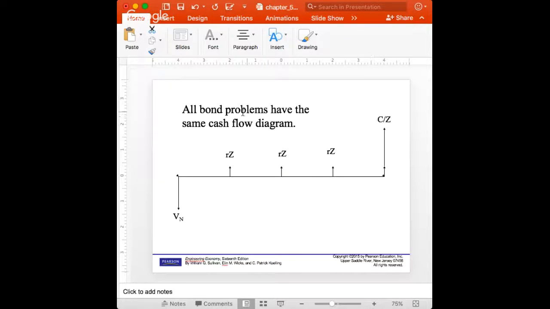So this is the cash flow diagram. If I'm going to sell my bond, whoever buys my bond will have exactly the same cash flow diagram that they're looking at. So the only difference might be the length of time I owned it versus the length of time that the next bond holder might own this particular bond. So let's look at the next